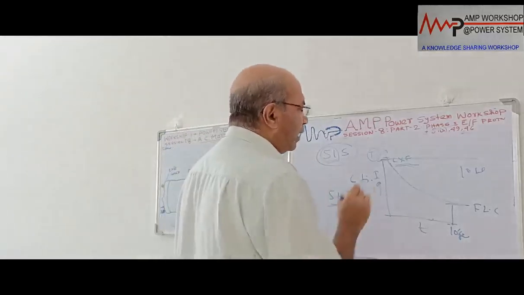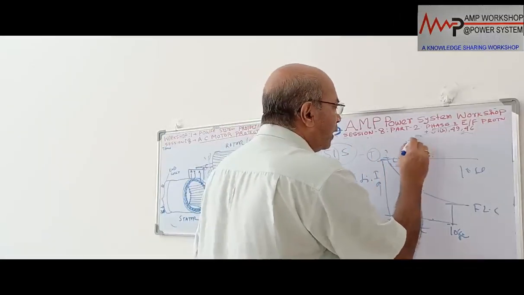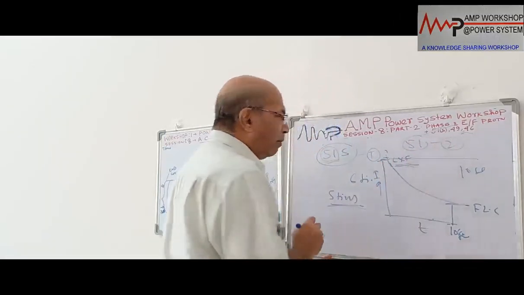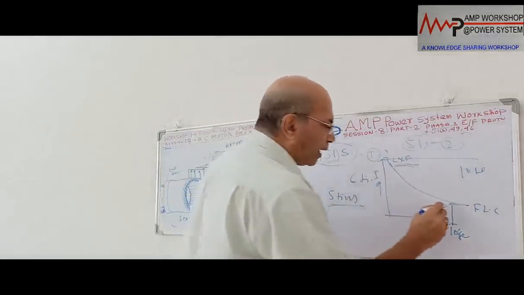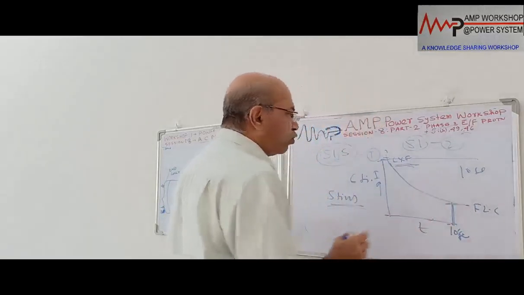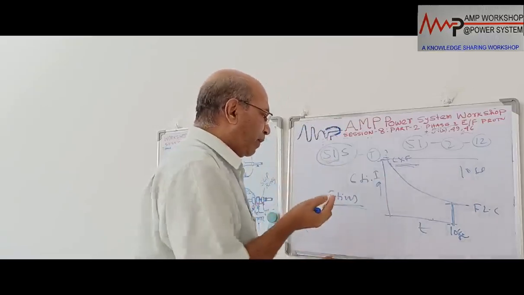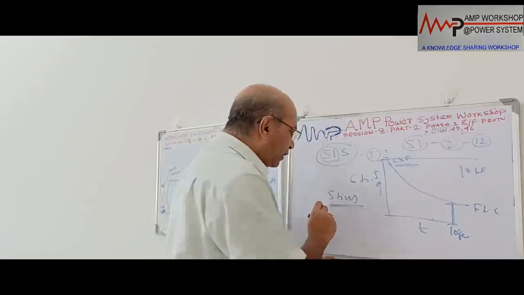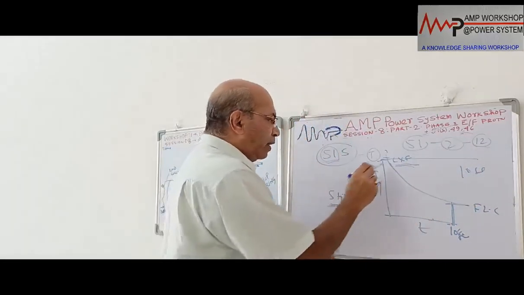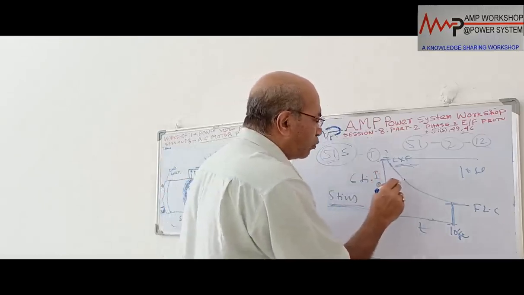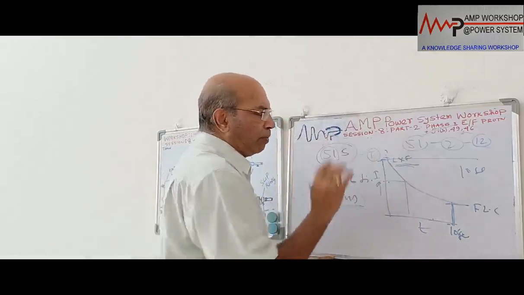With 5 times current, the relay will pick up, but we will use the 51 relay with a timer, and we will give a time setting. This 51 will pick up, but it will not operate until the time has passed. Since the starting time is 10 seconds, we will give a timer setting of 12 seconds. So 51 is picked up at 5 times current, but only if this current is maintained for 12 seconds will it operate. But the moment the current drops, suppose after 1-2 seconds it drops to 3 times, then immediately the relay will drop.